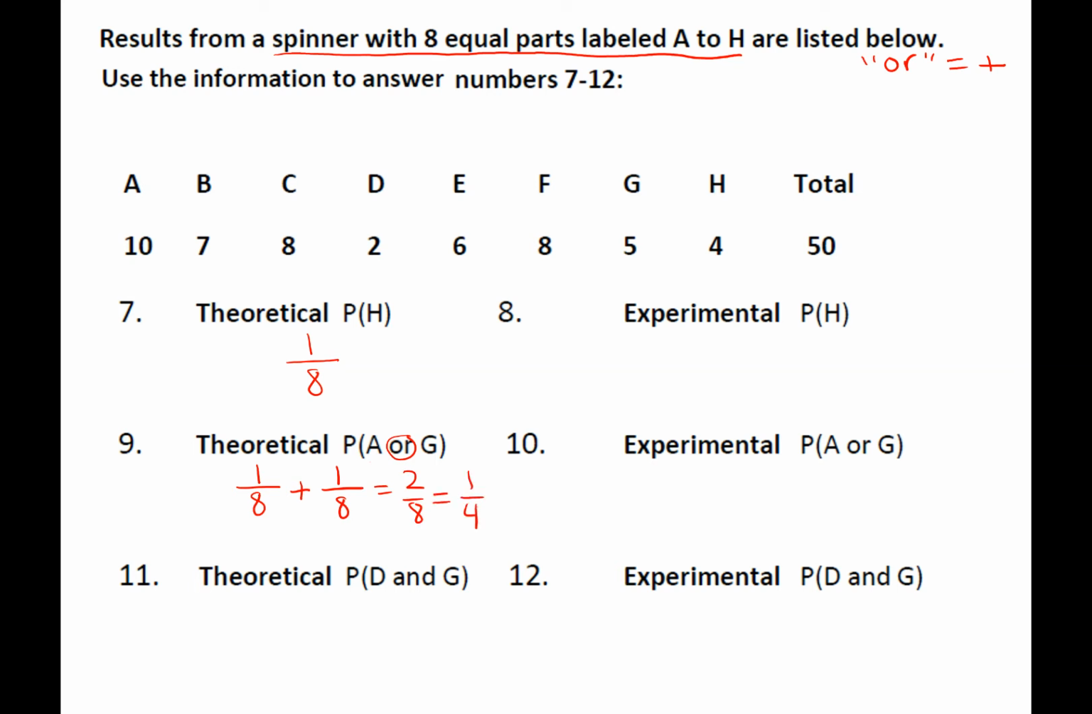Then we have theoretical probability of, I'm sorry, still theoretical. Now we're going to do probability of D and G, and there's that word and, so we're going to be multiplying. It also means we are spinning twice because we spin once and get D and spin once and get G. There's no way to spin that spinner and get both in